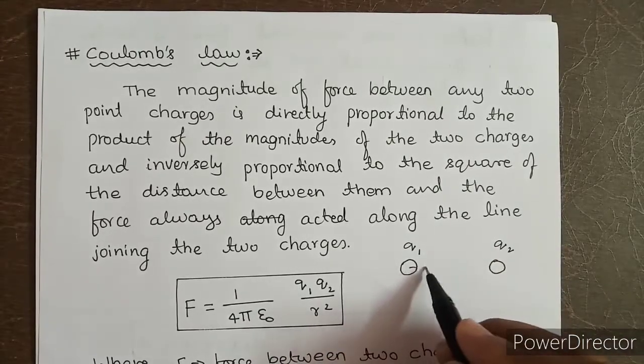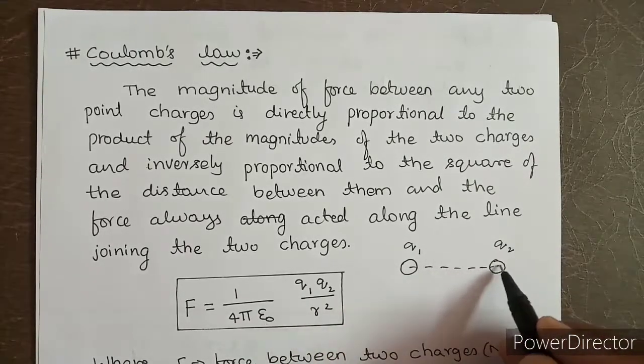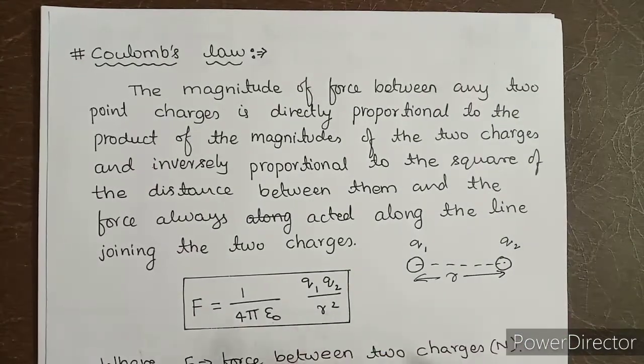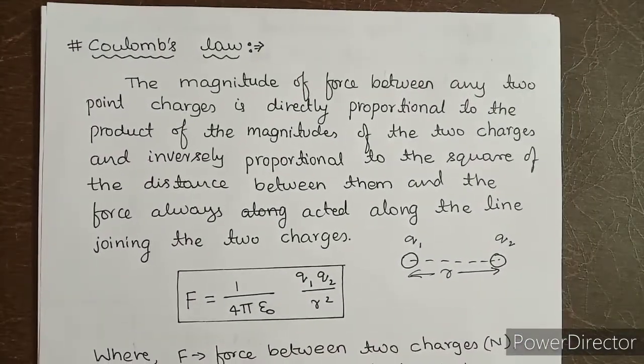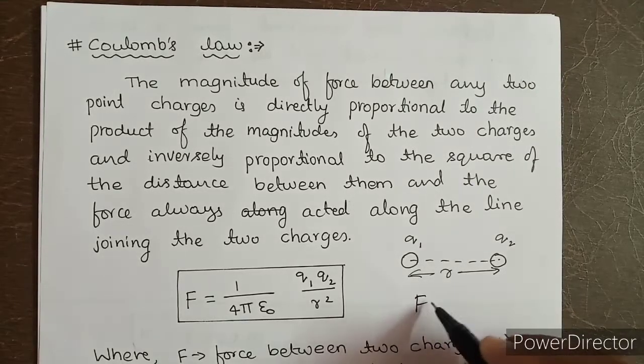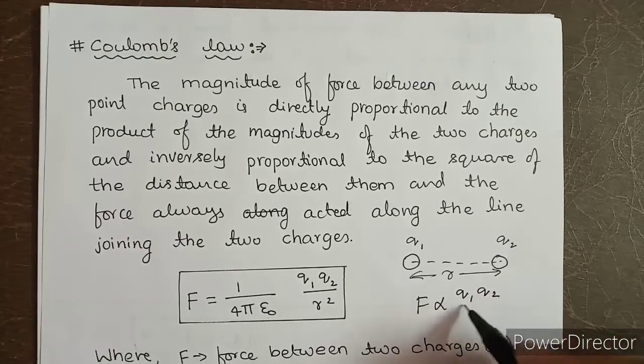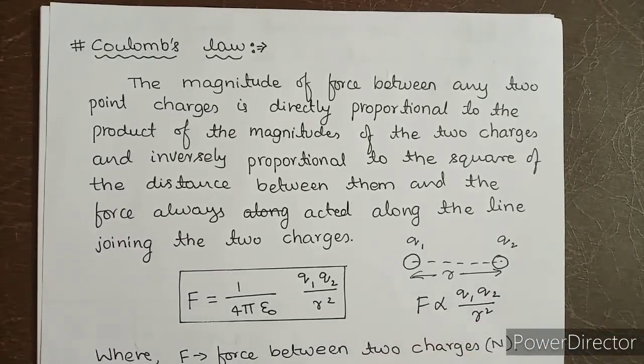The distance between the centers of the two charges is R, so the square of it. That means F is directly proportional to Q1 Q2 divided by R square. If you remove this proportionality sign, you will get a constant, that is 1 divided by 4 pi